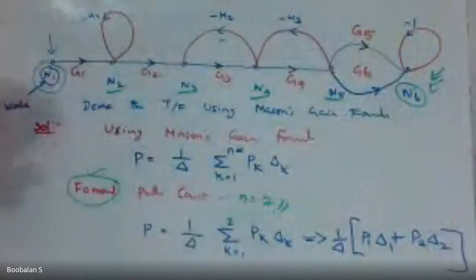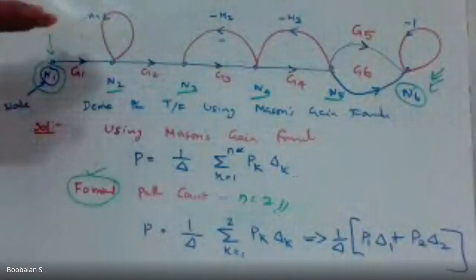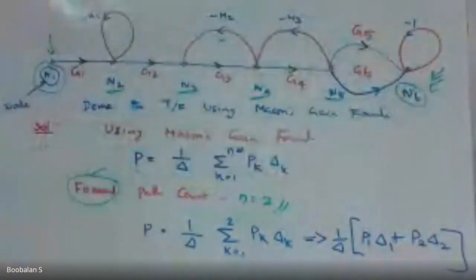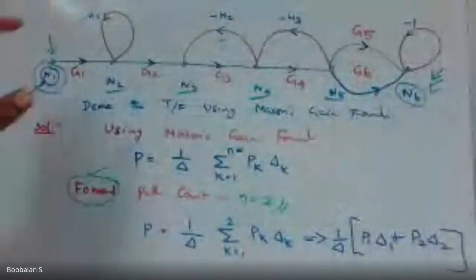How do you find a forward path? It is the signal which starts from the starting node and definitely needs to reach the end node. It can be through any path, but the signal should go in this direction. It should not repeat itself, it should not go around a closed path again. The signal should not come back. It has only forward direction, and it starts at the starting node and definitely ends at the end node. Then only it is considered a forward path.